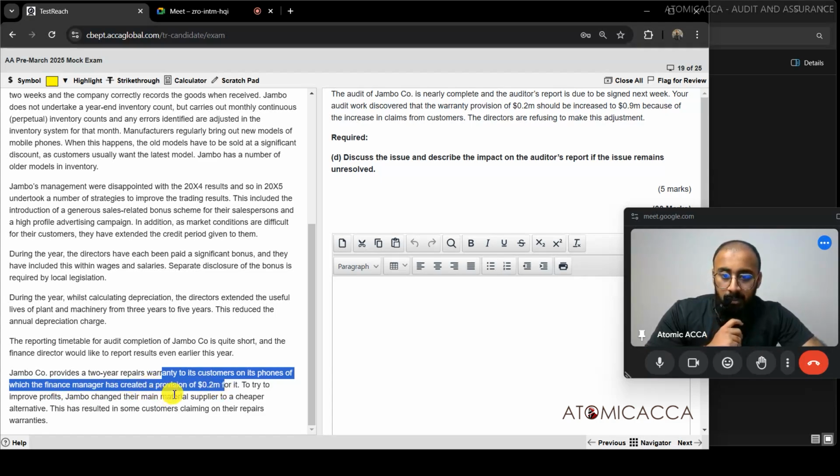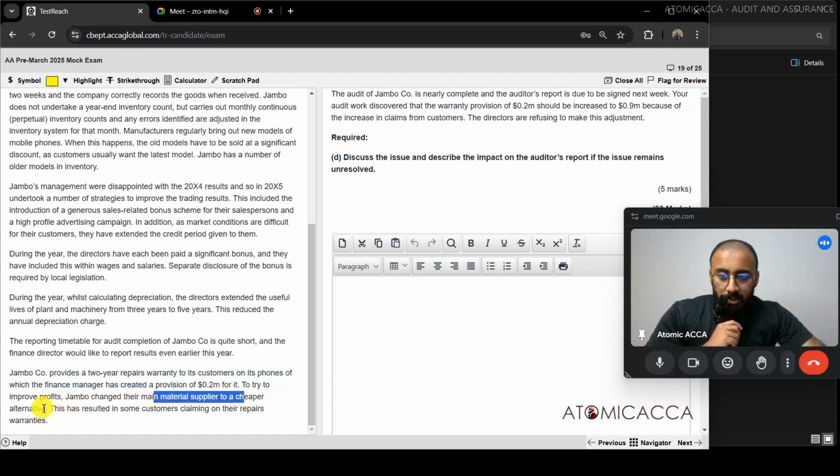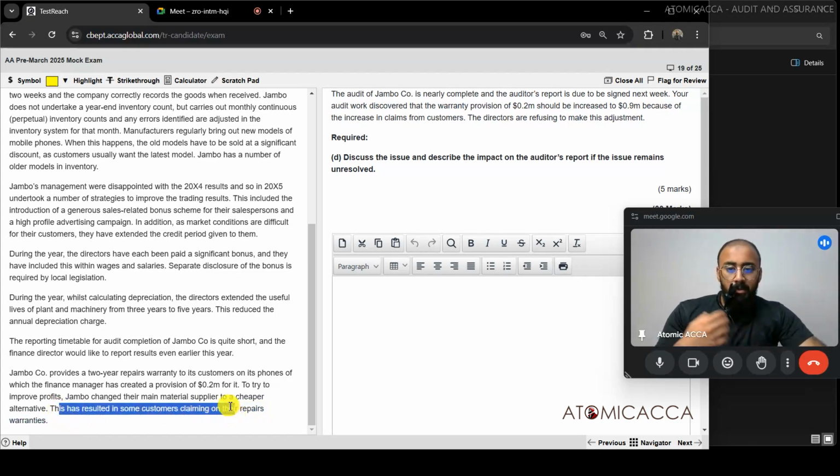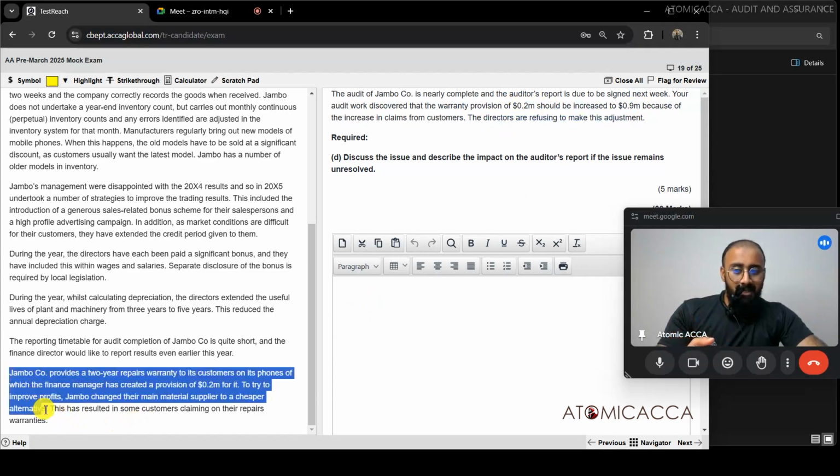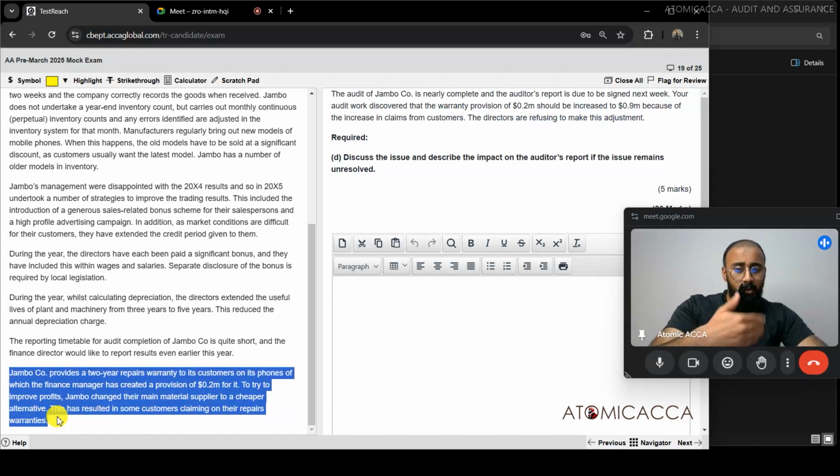To try to improve the profit, Jambo company changed their main material supplier to a cheaper alternative. This has resulted in some customers claiming on their repair warranty. So, because the supplier was changed, probably a cheaper alternative, quality went down, so more customers started asking for warranty claims. That is the reason why it is to be increased to 0.9 million, but directors are refusing it. Anyways, this paragraph just gave an insight about what was the situation, but to our answer,